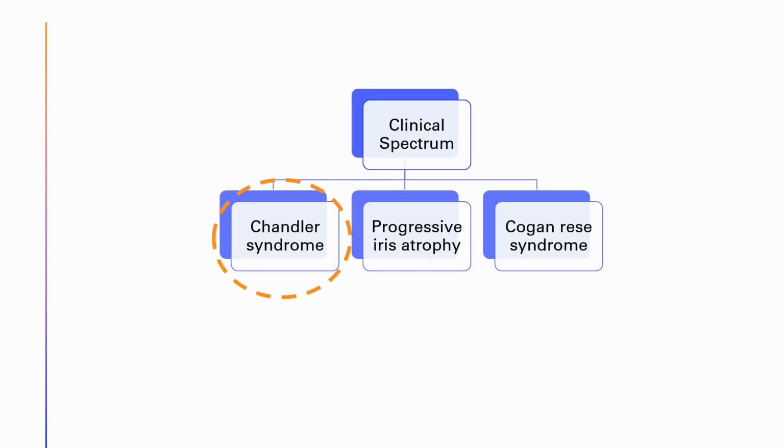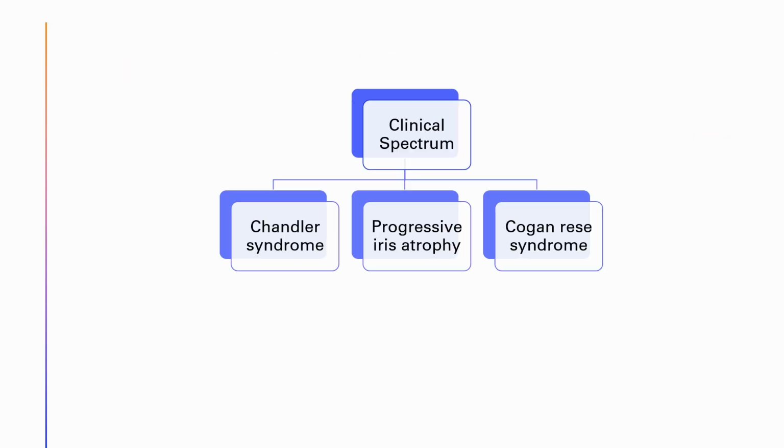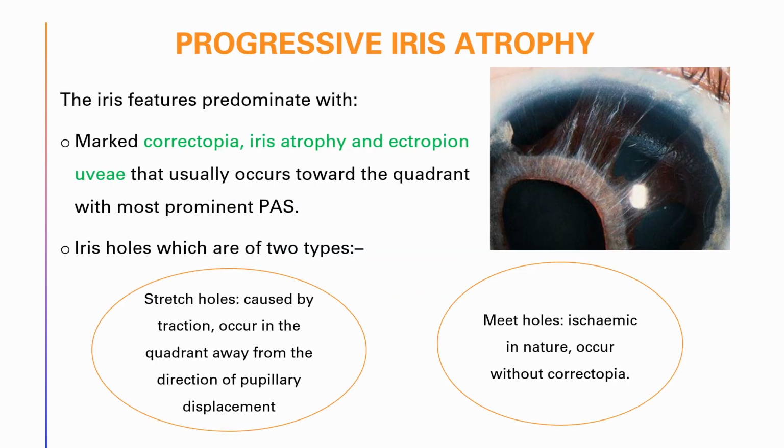Now, firstly, coming to Chandler syndrome, it is the most common clinical presentation, and iris changes in this may be minimal to absent. And the abnormal corneal endothelial appearance is termed hammered silver appearance. Coming to progressive iris atrophy, in this the iris features predominate with marked corectopia, iris atrophy, and ectropion uveae, and it usually occurs towards the quadrant which is prominent with peripheral anterior synechiae, and it leads to formation of